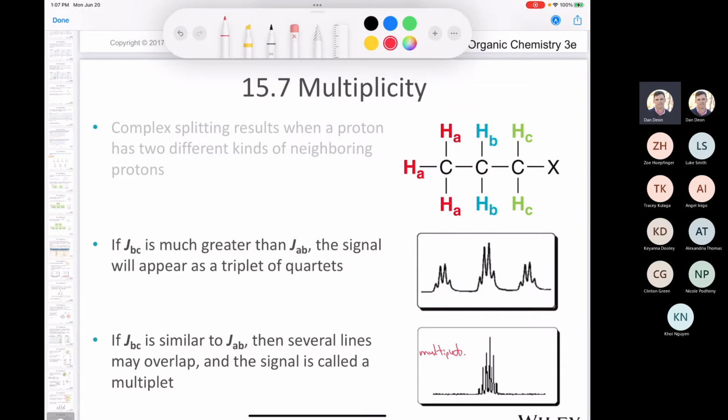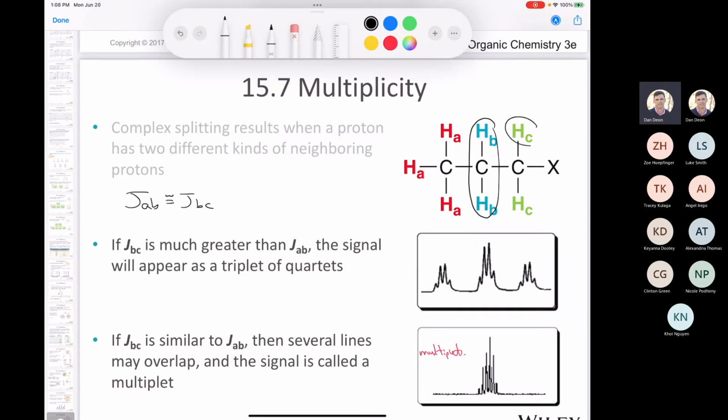So if you're wondering, oh my goodness, I thought the n+1 rule was hard enough. Well, here's the good news, you guys. In Chemistry 3101, what we're going to assume most of the time is that in a scenario like this, JAB is going to be equal or very close to JBC. So what that would mean is if you were looking at the splitting of this, you'd say that